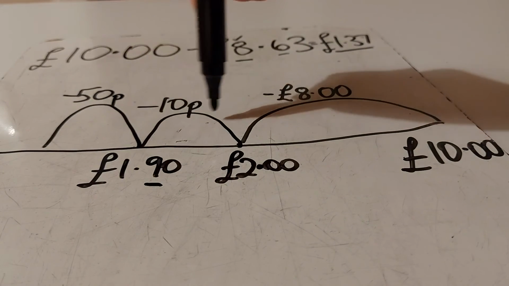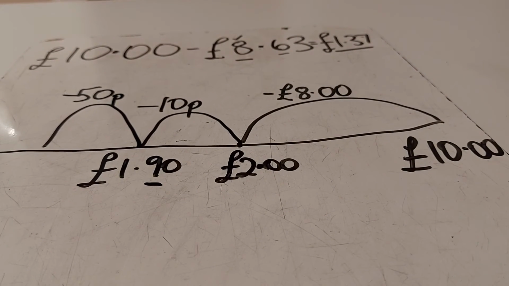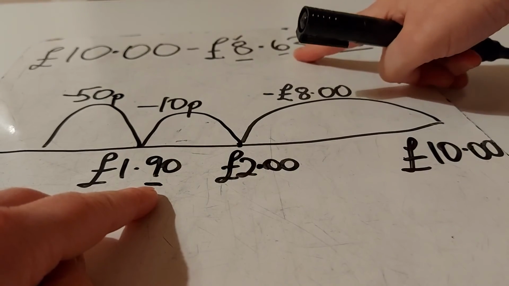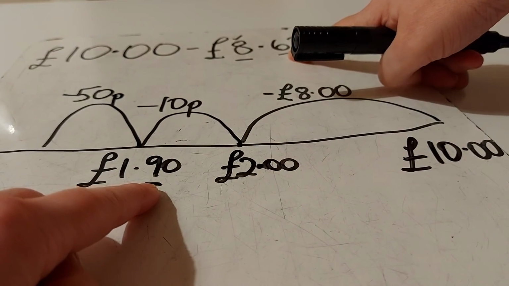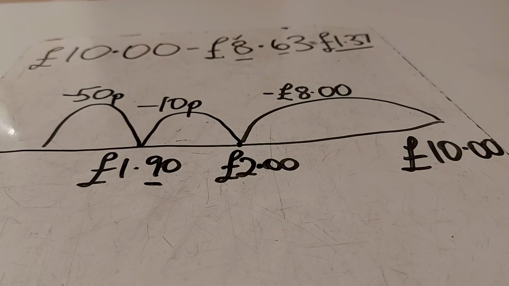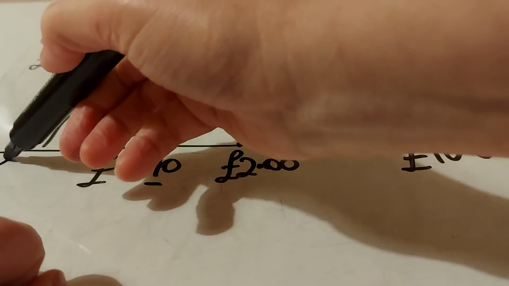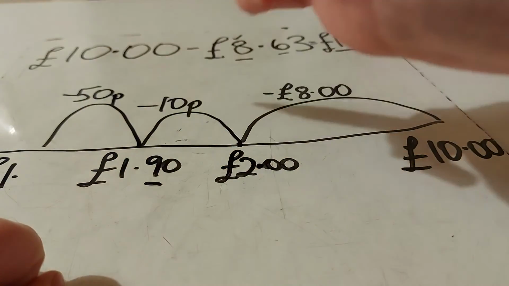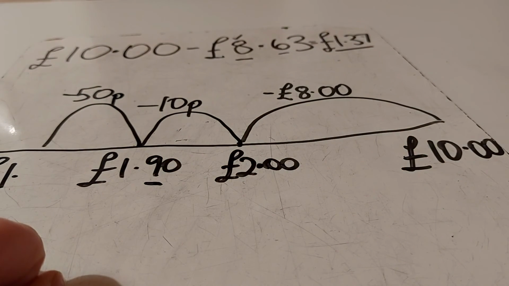And then in total, these 2 hops here, I will have taken away 60 pence. Now actually, the shortcut for me mentally would be 9 take away 6 is 3. So I know that 90 take away 60 is 30. So the numbers that I just need to change would be,